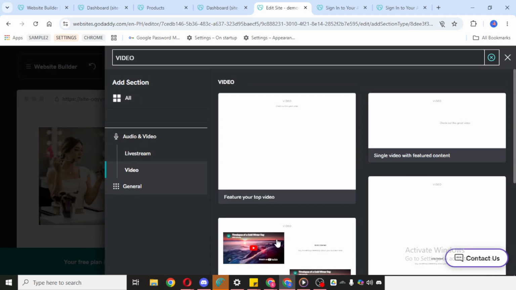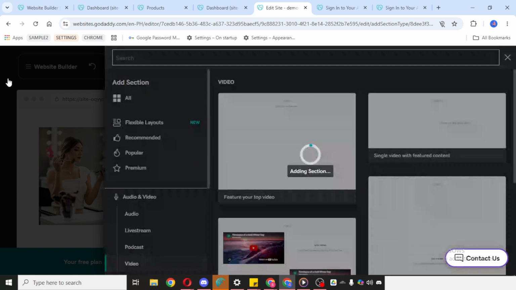If your video is already hosted somewhere online, adding the link is usually the fastest method. If you have the video saved on your computer and want to use that version, choose the upload option instead.